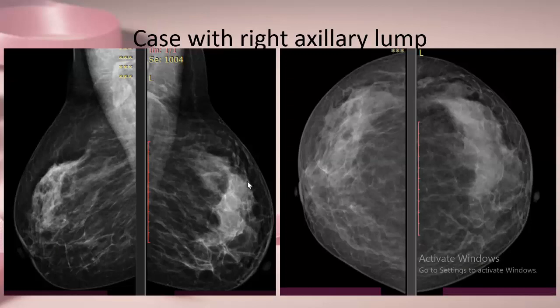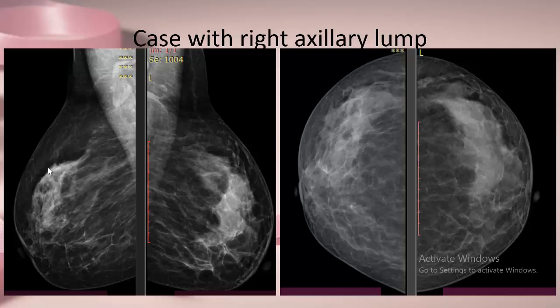Another case, this case complaining of right axillary lump. It's not well seen on mammogram. Maybe they are more deeper. And here on mammogram, on the parenchyma, we can see that we have breast ACR C, and there is nothing. But the first one who saw the case,